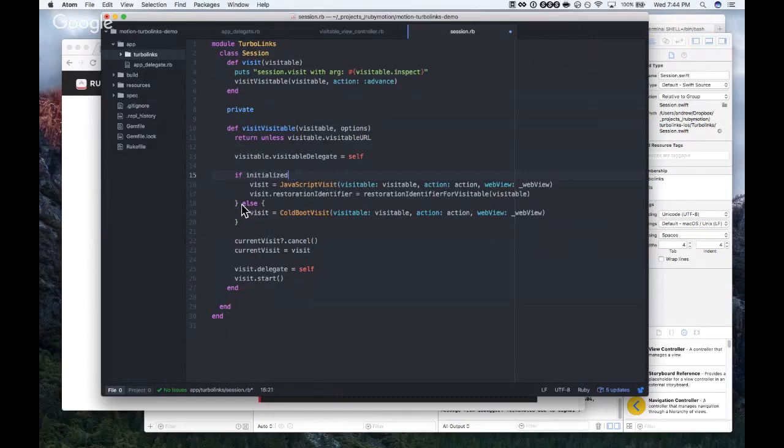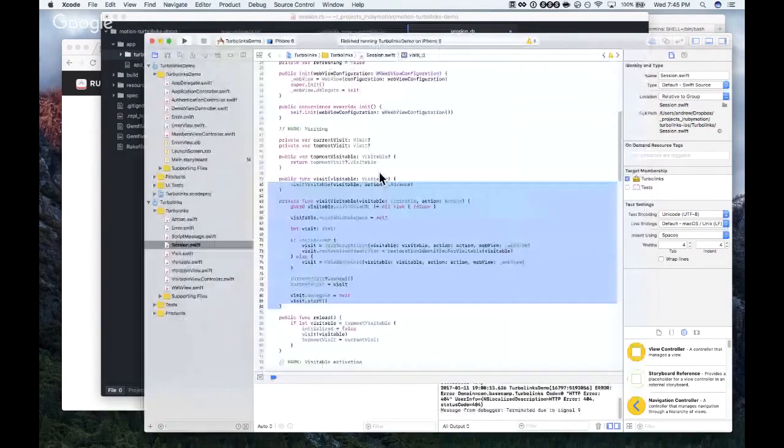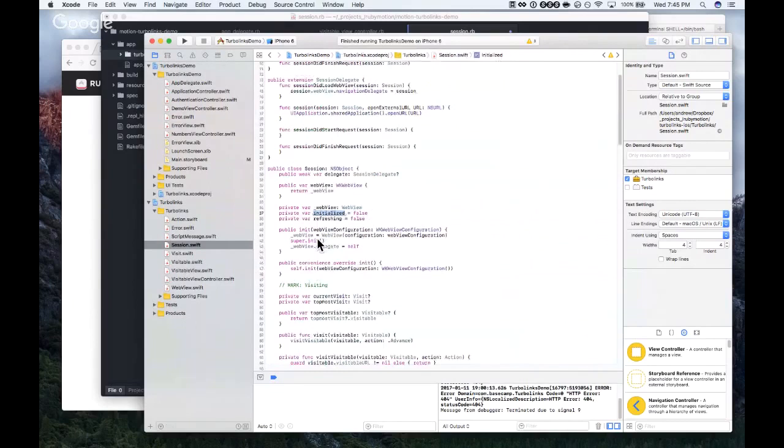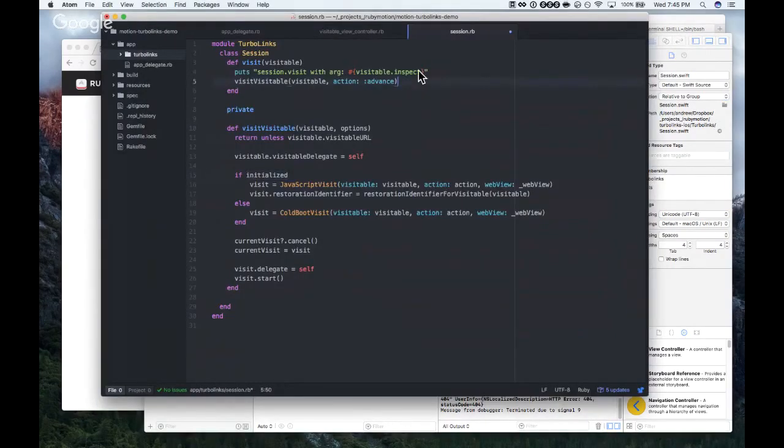If initialized. Where does initialize come from? That must be a local method on session. Or a variable. Session private var initialized equals false. Yes. So interesting. Not sure if we're going to need this, but we'll see.